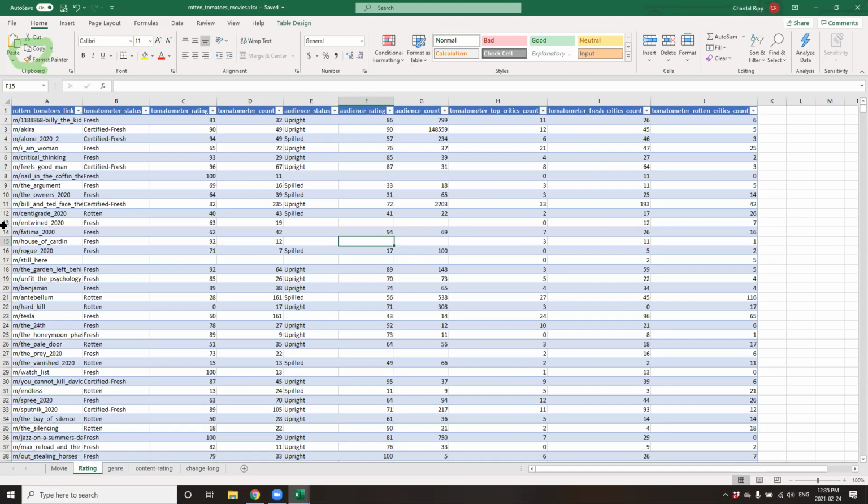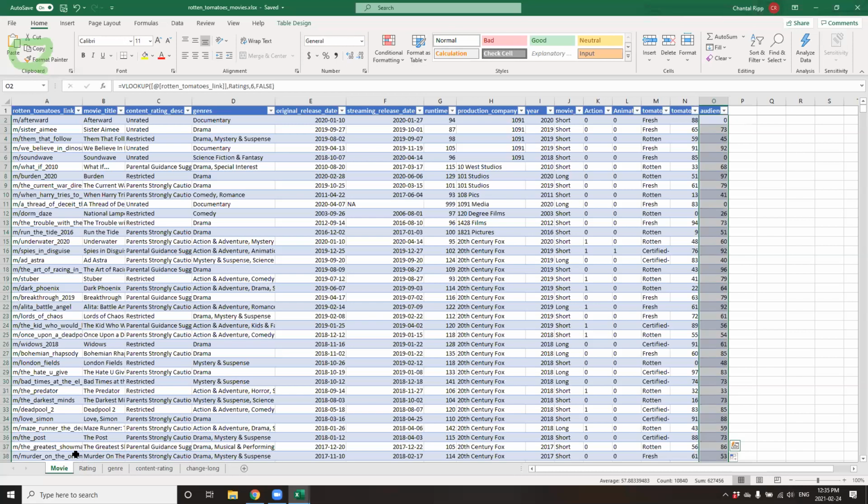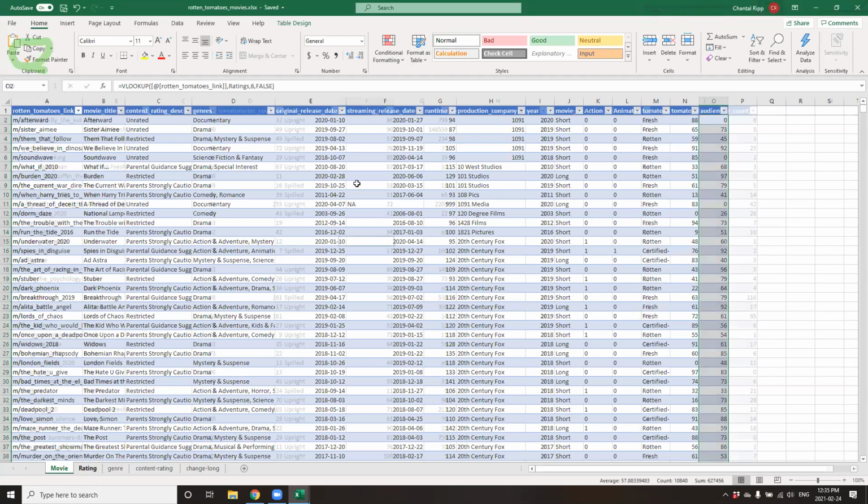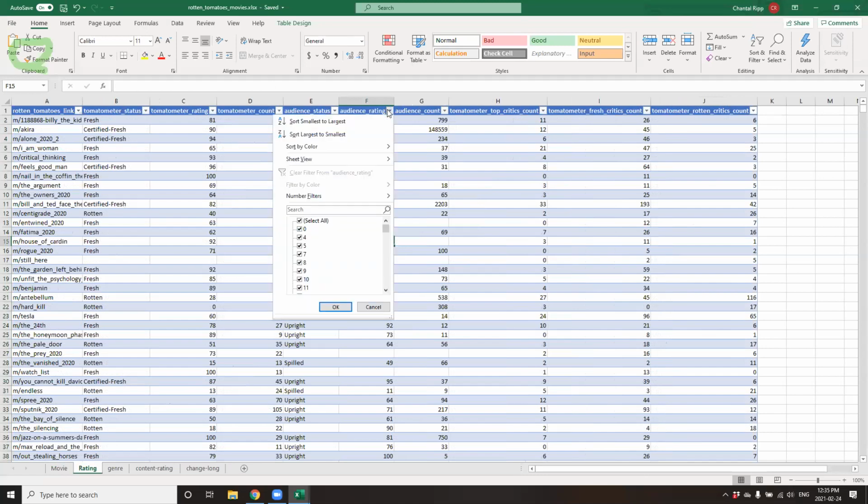So a good practice, again, is to look across your data set to make sure that there are no blanks and you understand when using functions what is brought in. I'm going to just look by filtering across. And now what is a challenge for me, and I'm just making an assumption, I'm going to assume there are zeros. So now I don't know what came in as a blank or not applicable.